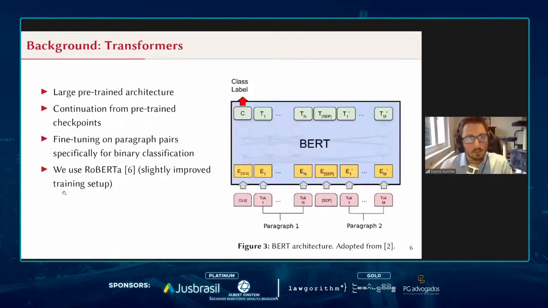Okay, so now to the actual methods used in this work. I'm sure you've heard plenty about transformers this week already. I just wanted to mention why we use this specific architecture here. And there's a few points that we thought made sense from our standpoint. Firstly, those come as large and pre-trained architectures, meaning that we do not have to worry about long and expensive training ahead of time. And especially since we can continue from those pre-trained checkpoints,